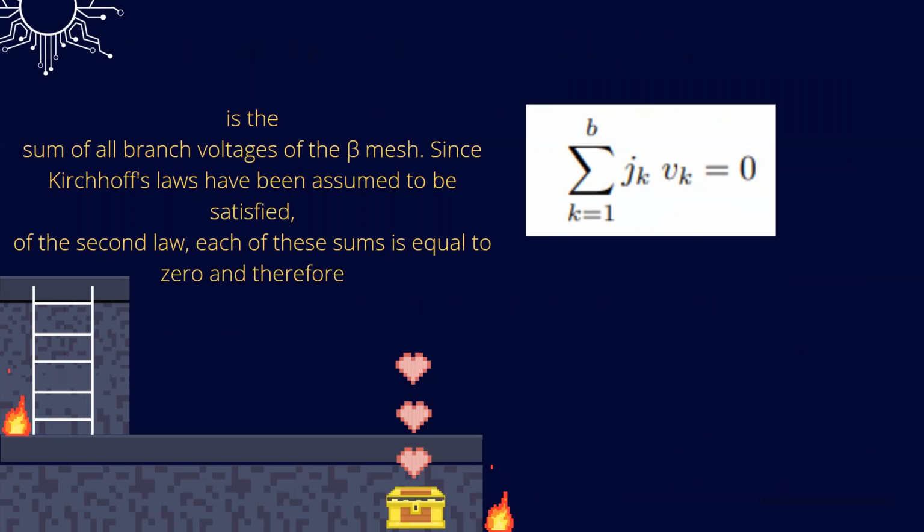Each of these is the sum of the branch voltages of the mesh. Since Kirchhoff's laws have been assumed to be satisfied, by the second law each of these sums is equal to 0, and therefore